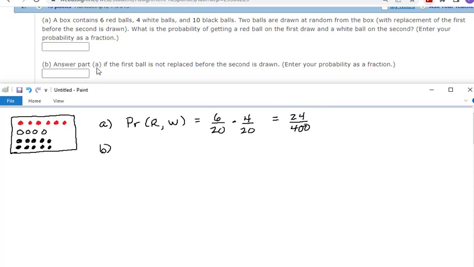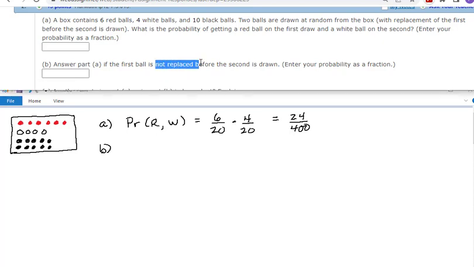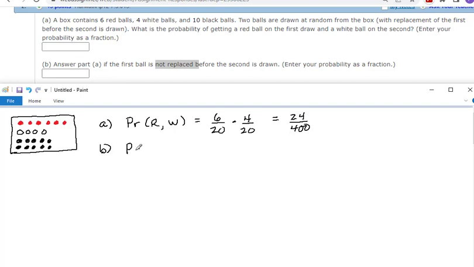Now let's go back and do that part A again, but this time the ball is not going to be replaced before we draw the second ball. So I want probability of red, and then probability of white given that red happened. Probability of red is still 6 out of 20. But now, since that ball is not replaced,